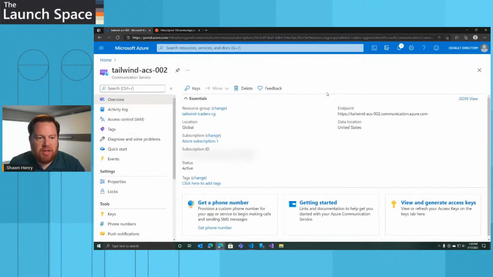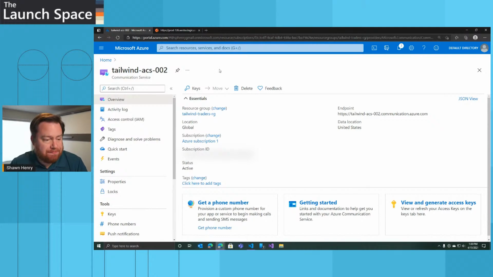So yeah, I was going to show a little bit about how we can use Azure Communication Services to send SMS messages via PSTN, public switched telephone numbers. And there's a bunch of different ways we could do this. We have SDKs available for C# and JavaScript and all the usual languages that Azure supports. Or you could hit our REST endpoints directly in any language you want and just use the REST APIs to send messages. But what I'm going to do in this case, we're going to try and do it with a no-code